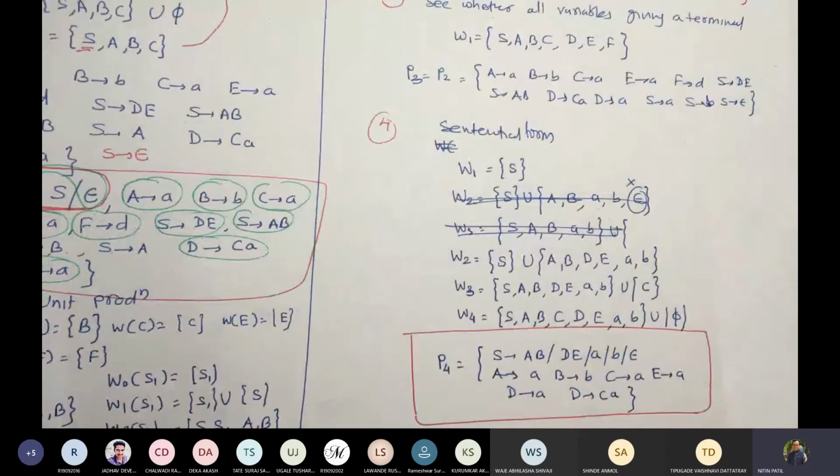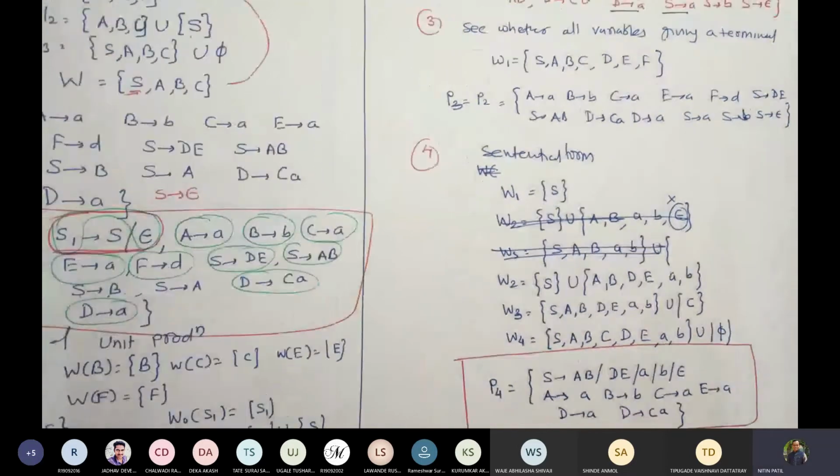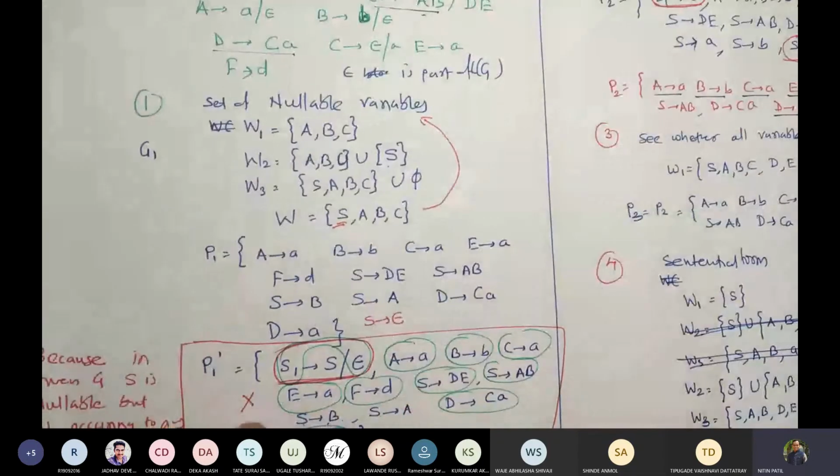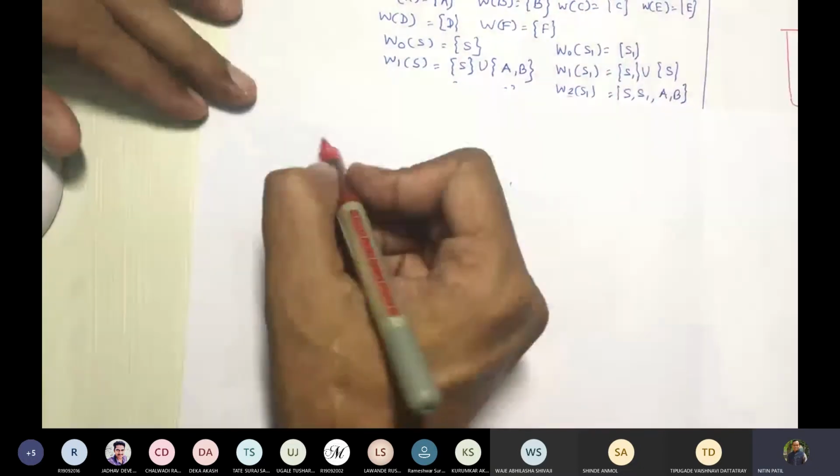So this problem might be there for 10 marks because there are probably 4 algorithms. If I go with 2.5 marks for each algorithm, this problem may occur for 10 marks there. Got this? So you will work out another example where we will take the S1 case. Fine. So let me repeat one more time. I will take another problem for you people so that you can see how exactly it is done.